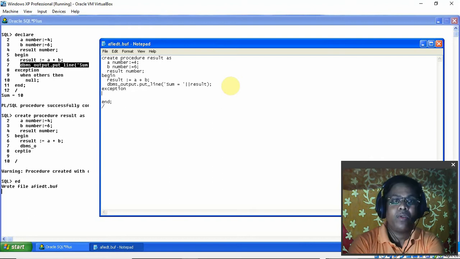So when there is an exception, it will not show anything. So when others then null, I'm just writing null here, or I can put any message of my own definition here by dbms_output.put_line. Okay,